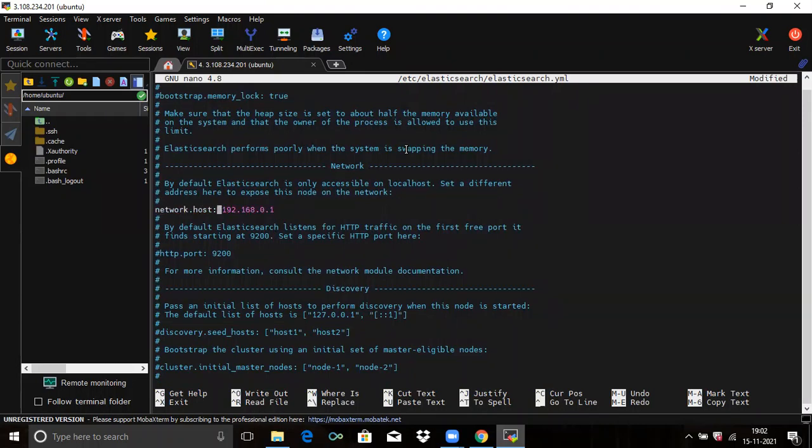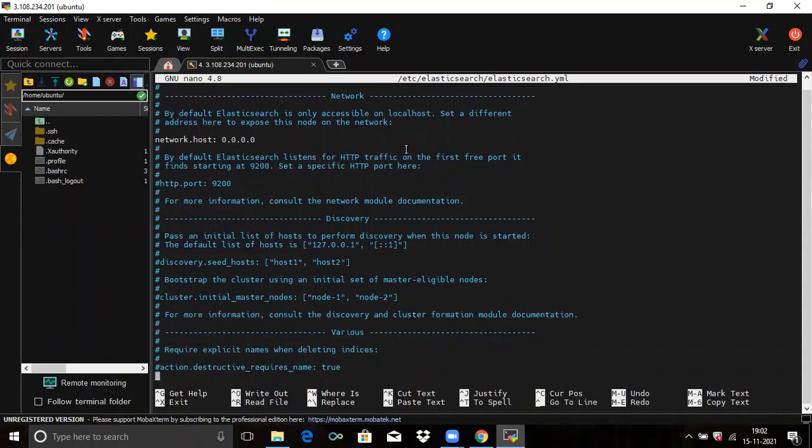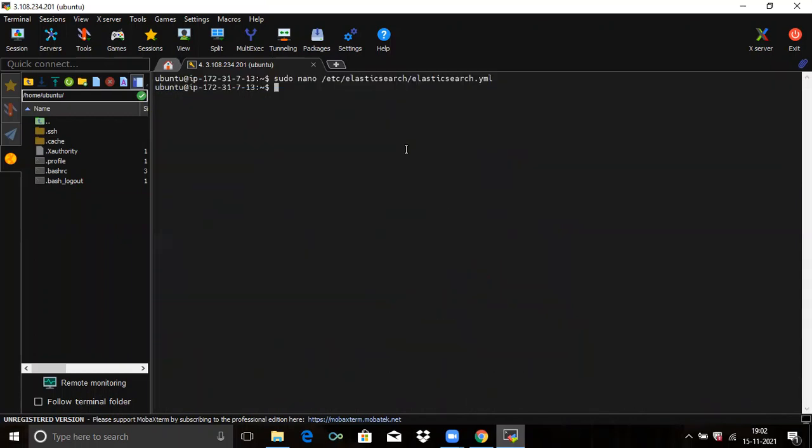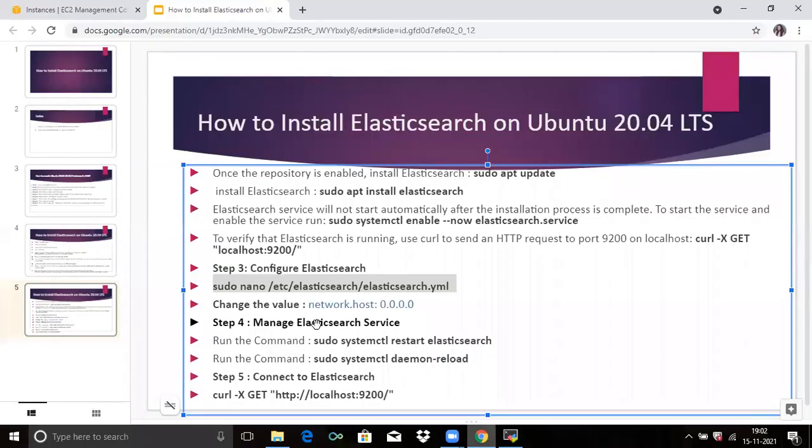Now we are going to change it to 0.0.0.0, which means any IP address. If you scroll down here, change the file and exit. Now, after the change, you need to restart Elasticsearch.